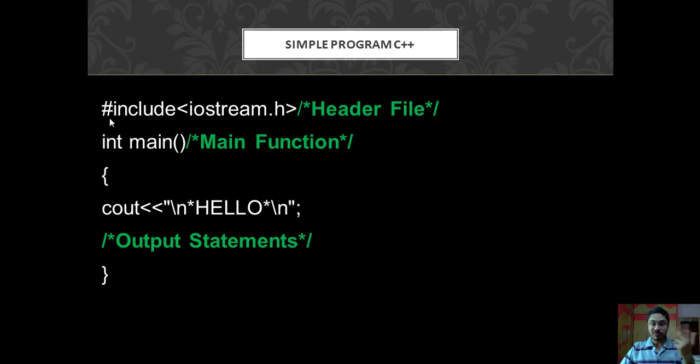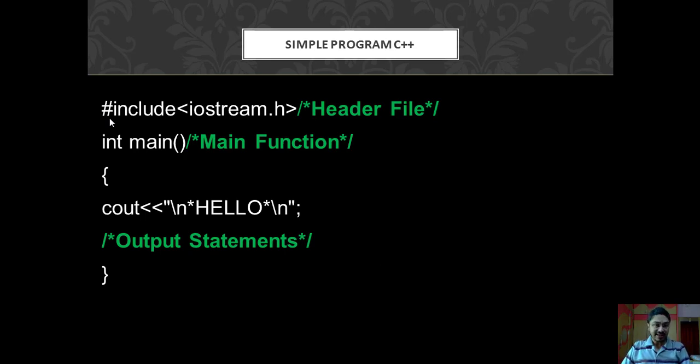This iostream.h file we have already seen in the last lecture. iostream stands for input output stream. In C++ we consider input and output in the form of a stream, that is, in the form of bits. When we get data or send data, we send it in the form of small bits, one after the other. That's why it is called a stream. And when we have to use functions for performing input output related operations, we have to use the iostream.h file.